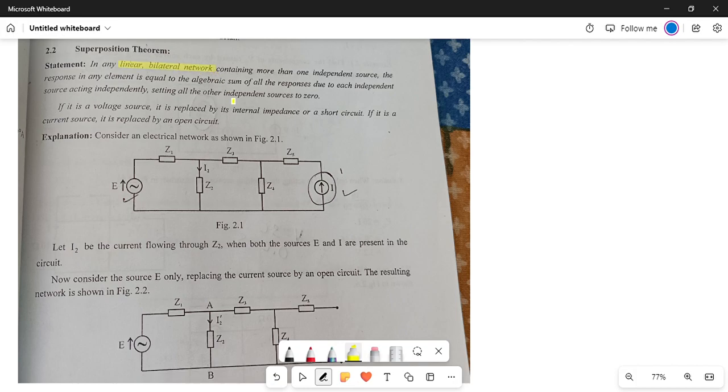Linear bilateral network means that he is explaining how the network is, right? For a superposition theorem, your network is linear and bilateral, right? The question that you get for superposition theorem, whatever the question that you got for exams, yesterday we just saw the question paper, right? And that question paper, whatever the questions you have got or whatever the network you have got with respect to